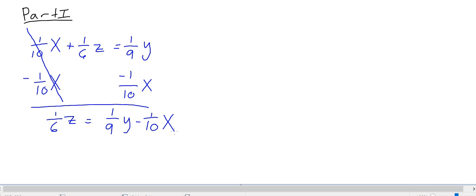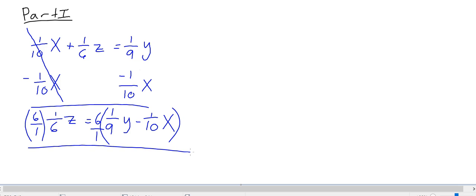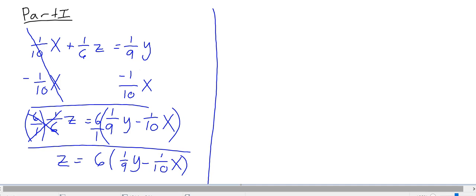Now we want to get z alone without its coefficient. So we're going to multiply by 6 over 1, the reciprocal of the coefficient. And then we have to multiply the other side also by 6 over 1, or just 6, doesn't matter. And this way we'll cancel out the coefficient of z. And we're left with z is equal to 6 times (1 over 9y minus 1 over 10x). Now we could distribute this if you want. z is equal to the 6 we could distribute over the 1 over 9y and over the negative 1 over